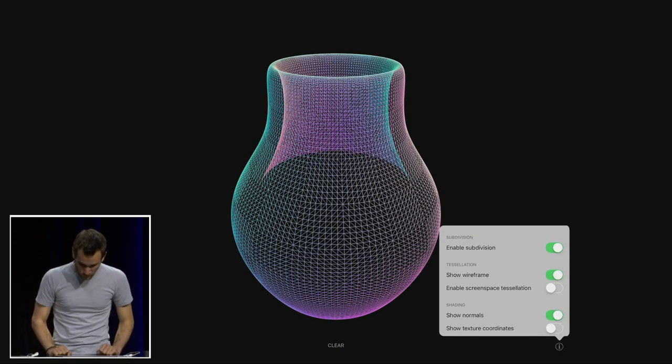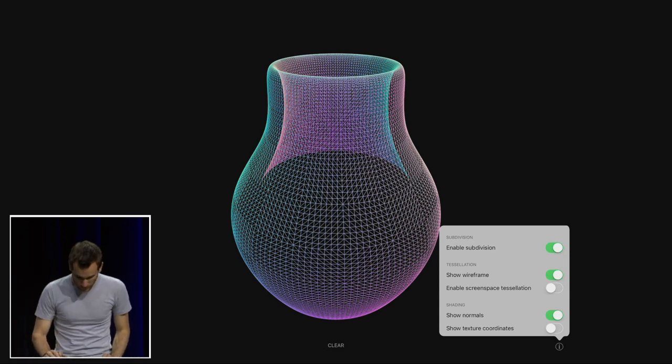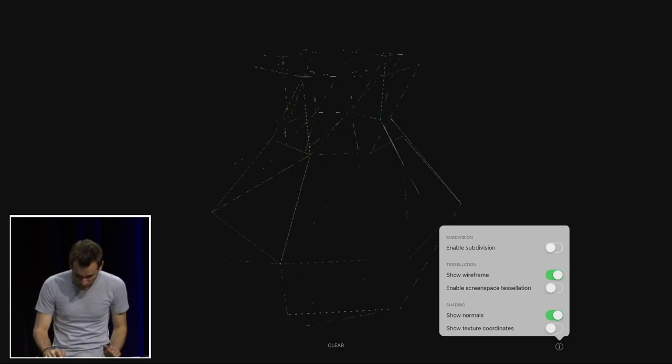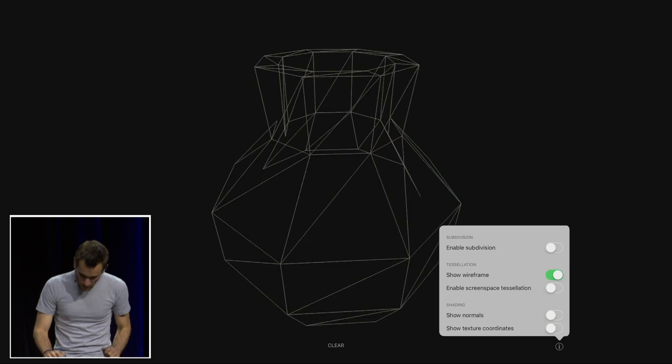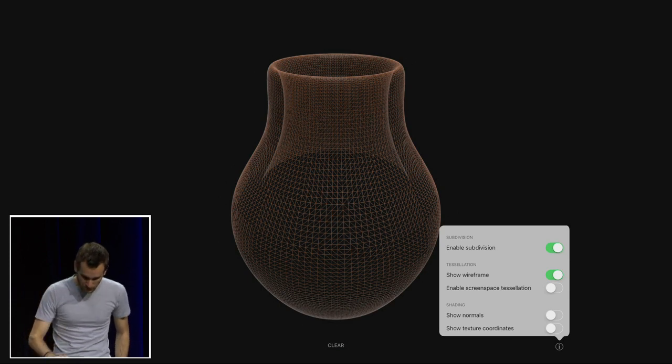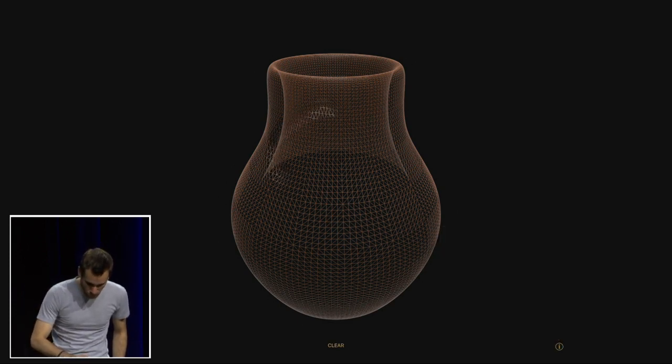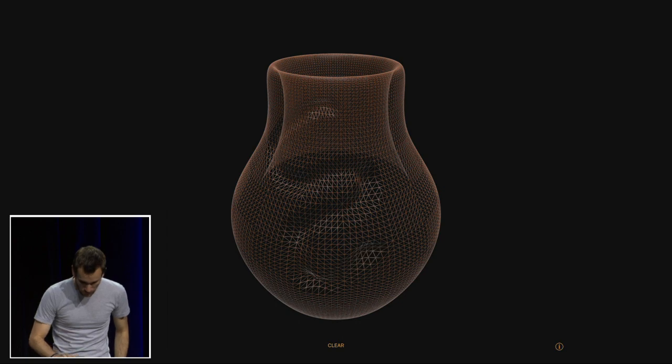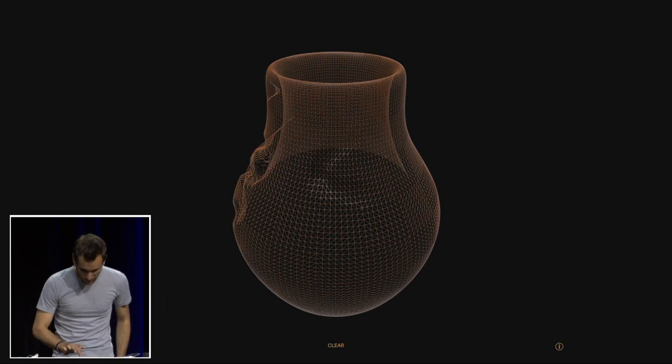And then let's have a look at the wireframe and see how many vertices are created when I enable subdivision or not. Now, when I take my finger, I simply draw in the height map, and all the vertices are displaced.